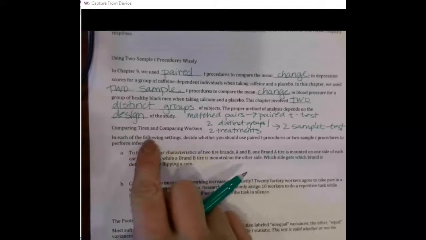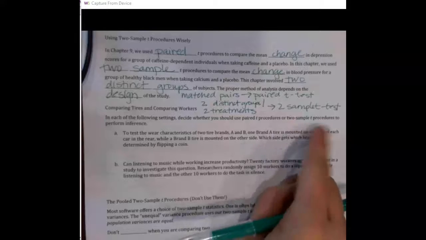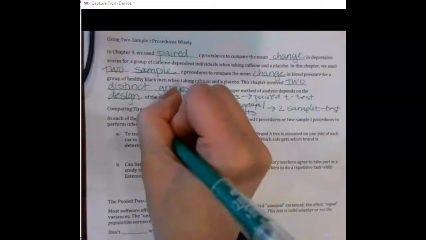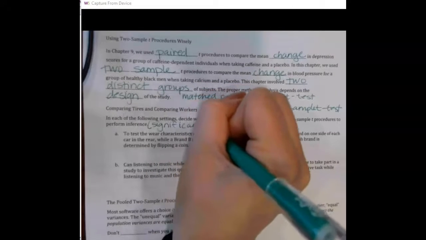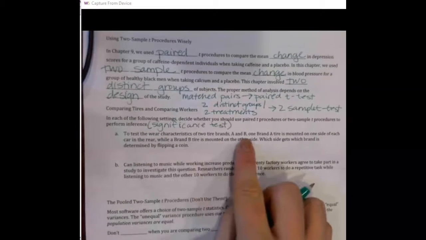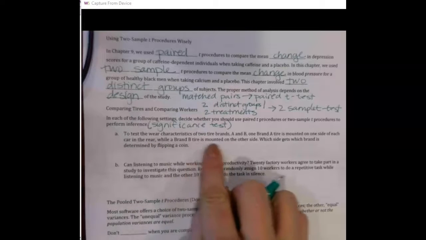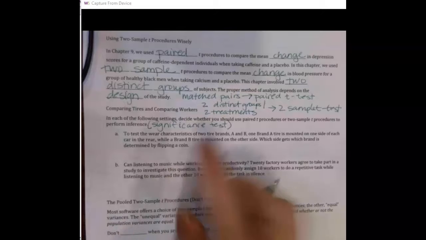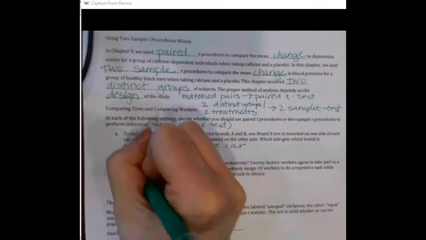Comparing tires and comparing workers. In each of the following settings, decide whether you should use paired t procedures or a two-sample t procedure to perform inference. Which inference, when you hear this word, that just means a significance test. To test the wear characteristics of two tire brands, A and B, one brand A tire is mounted on one side of each car in the rear, while a brand B tire is mounted on the other side. Which side gets which brand is determined by flipping a coin. So it's the same car,